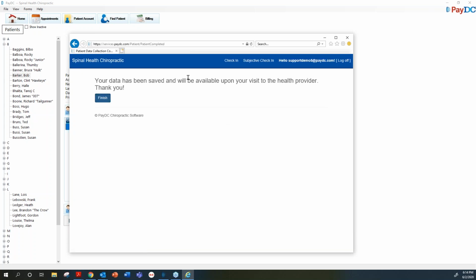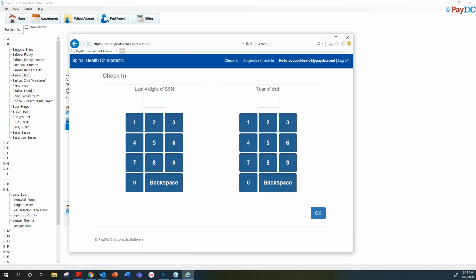He only had one complaint. If he had another complaint, it would take us to the next one, and he would enter the details of his next complaint. He'd update the subjective. This takes him back to the login screen, so he can set the tablet down or go sit in a seat and wait for his turn to come back or whatever it is. And so this is where the